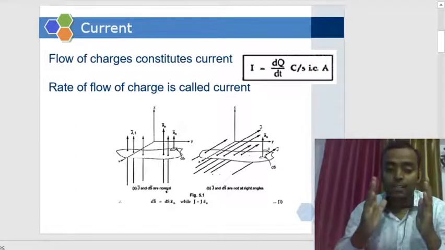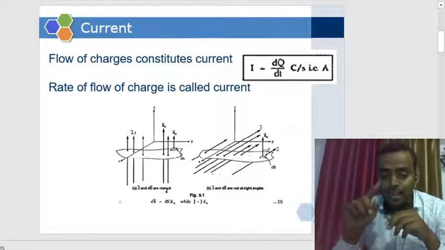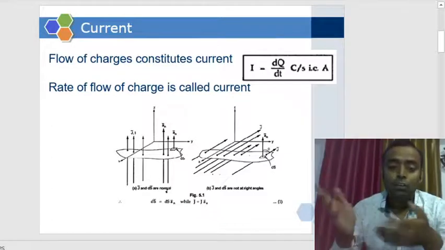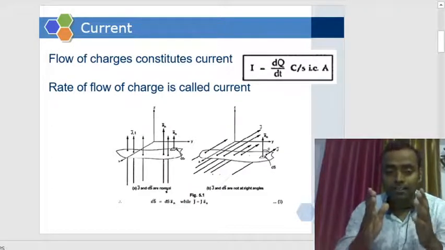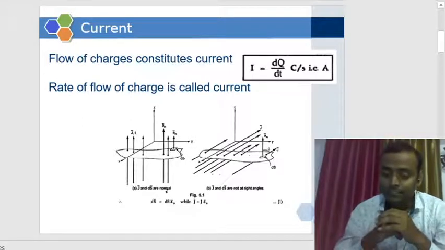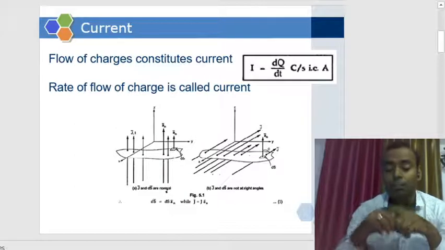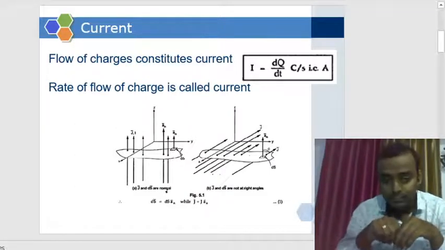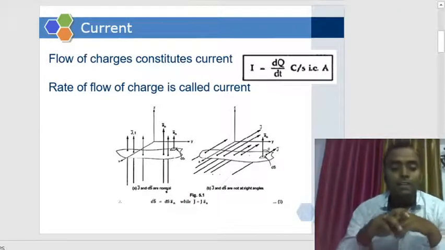So how can we mathematically define current? It is I equal to the surface integral of J dot dS. What is J? The current density. Fine. So the unit again, don't forget, is ampere. And what is an ampere? Coulomb per second. Fine. Will everyone remember? Okay. So that will be the current.